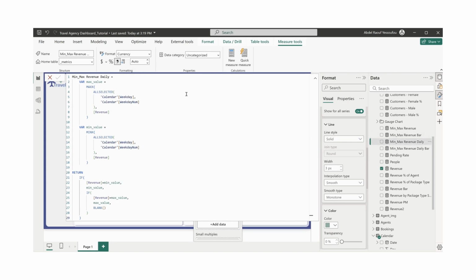So you can see it's picking the maximum value. It's also picking the minimum value here. And if the revenue is equal to the minimum value, it shows the minimum value. Else, if it is equal to the maximum value, it shows the maximum value. Otherwise, it shows blank. And it is the same thing I use for bar. I copied and pasted and just changed the name. Okay, so let's go back to